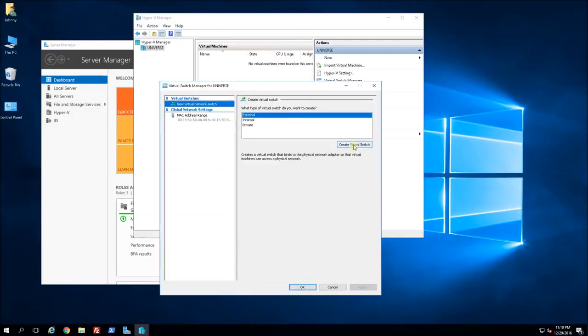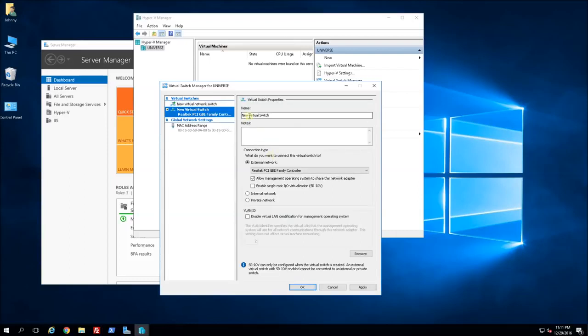So what I'm creating over here is going to be a virtual switch that is in parallel with my host machine. So when I create this virtual switch and assign it to my VMs, what's going to happen is those VMs will be able to reach the same DHCP as if it was on the same network as my host. So I am going to select Create Virtual Switch here, selecting External,